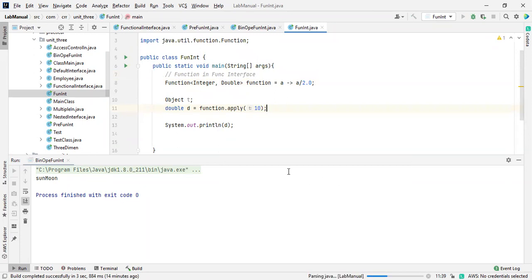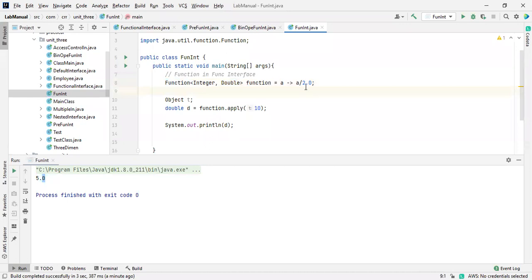So this is a very easy concept, functional interfaces. See this one, the value is a double, 0.0. After the decimal, whether it is a float or a double, in this case we mention the return type is double. So what does the Function consist of? It consists of only one abstract method, named apply, and it takes one argument of one type and returns a value of a different type. Here we are giving an argument as an integer and returning a double. So this is the usage of the functional interface keyword, Function.